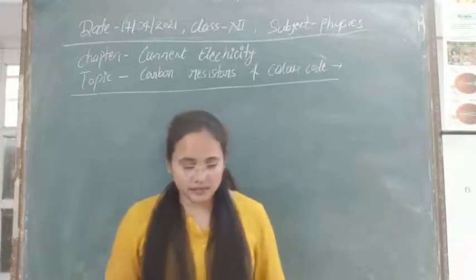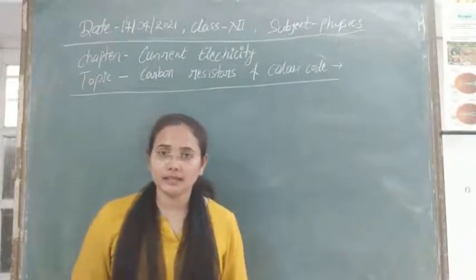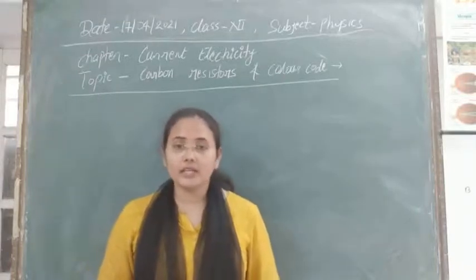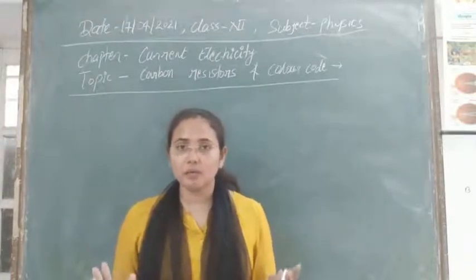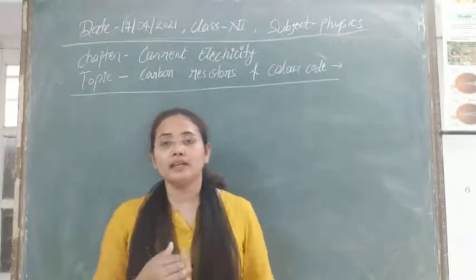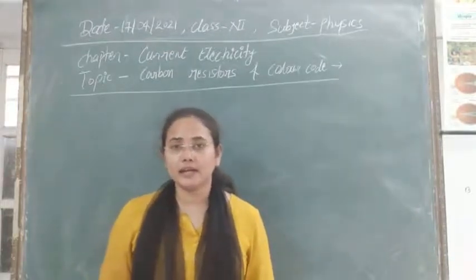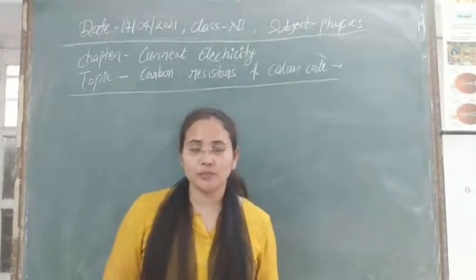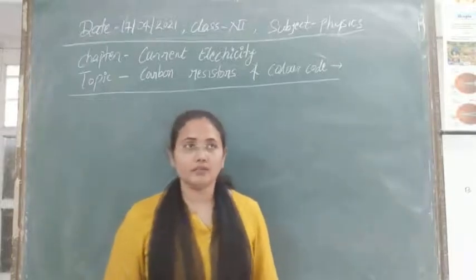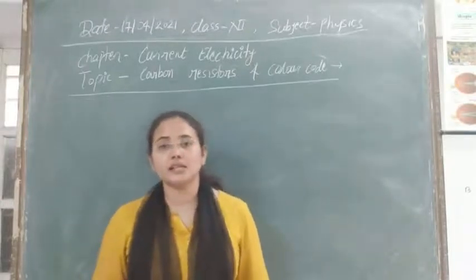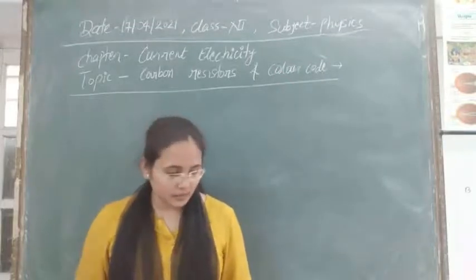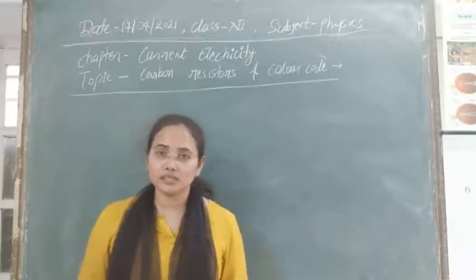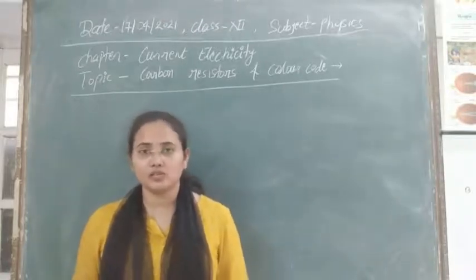In this chapter, up to now we have discussed what is electric current, what is current density, capacitance, conductance, conductivity, resistance, resistivity, these basic points and basic definitions and differences in them, and on which factors they depend. Besides this, Ohm's law we have discussed also. So today we will discuss carbon resistors and the color coding for the resistor, and I think the categorization of the material based on resistance, resistivity or conductivity is also clear.